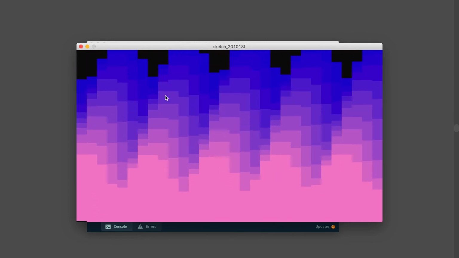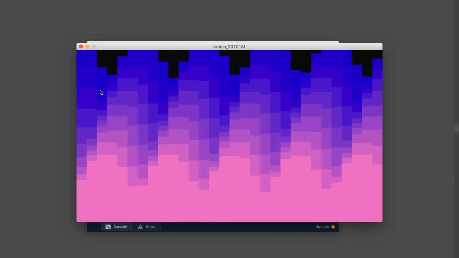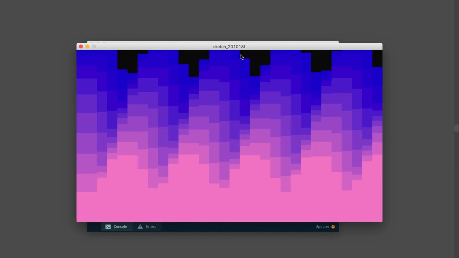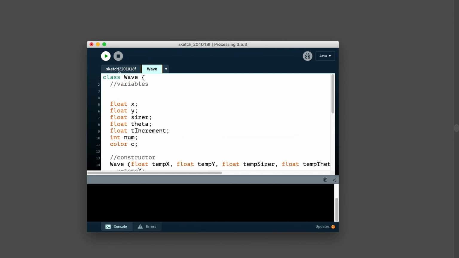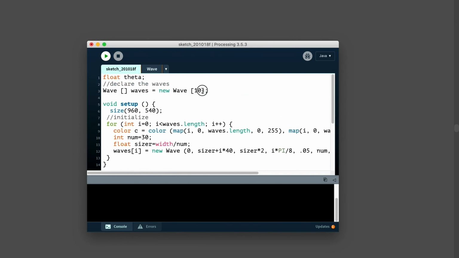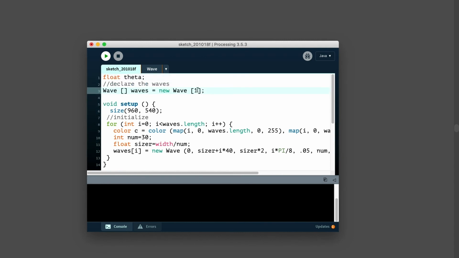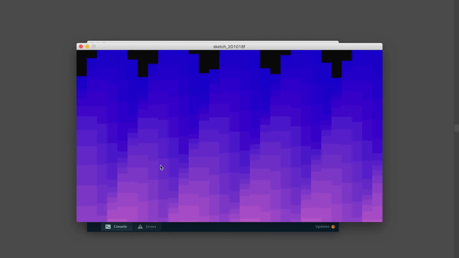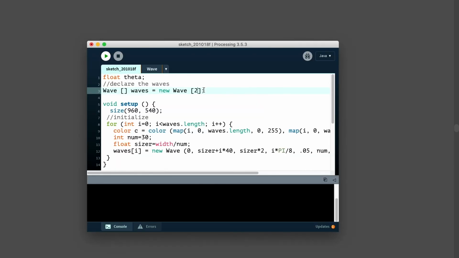Okay. Yeah, so you can see that we have a series of waves going like this, and for the purpose of seeing what we actually did, let's just say we only had one. What does one of these look like? It looks like this going across, but we have 10, or what does it look like if we have 20? What does it look like if we have 3?